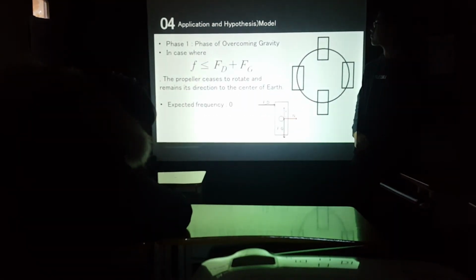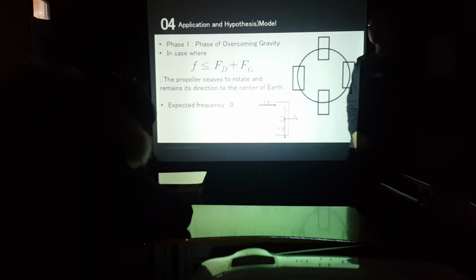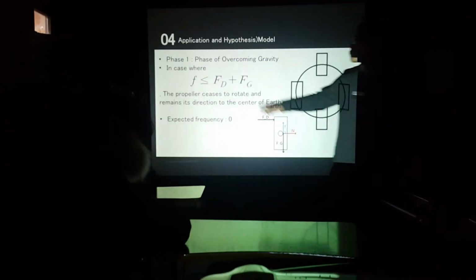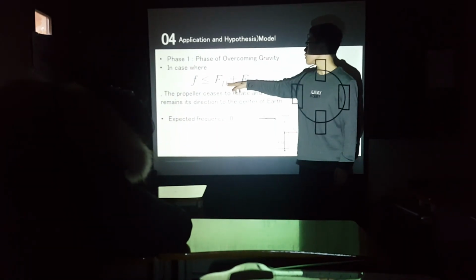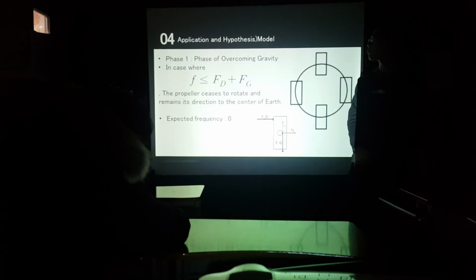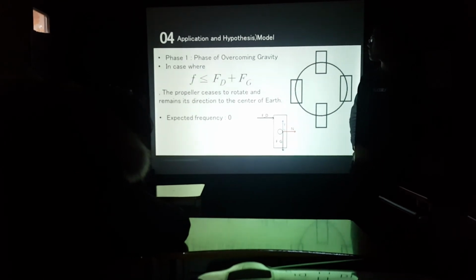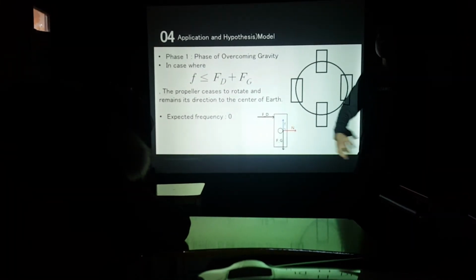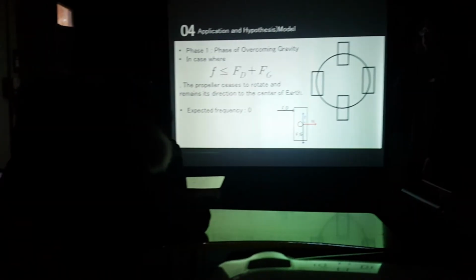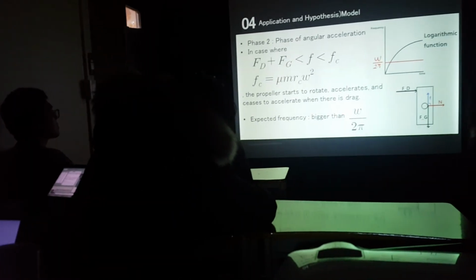Next. Phase 1 is a phase of overcoming gravity, and in the case where frictional force is less than drag plus gravitational force, the propeller ceases to rotate and remains with its direction to the center of the earth. And in this case, the expected frequency of the propeller is 0. Next. In page 2,